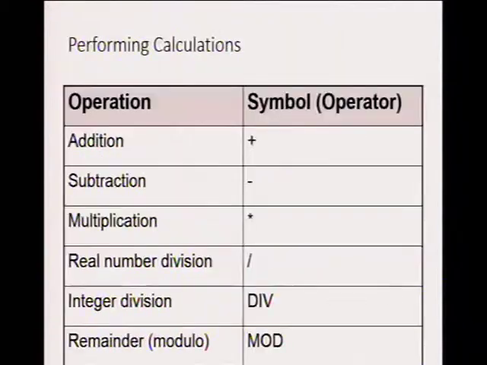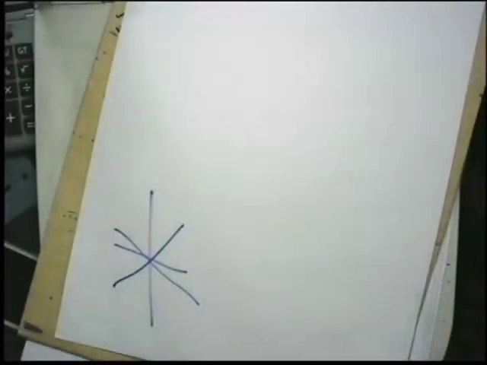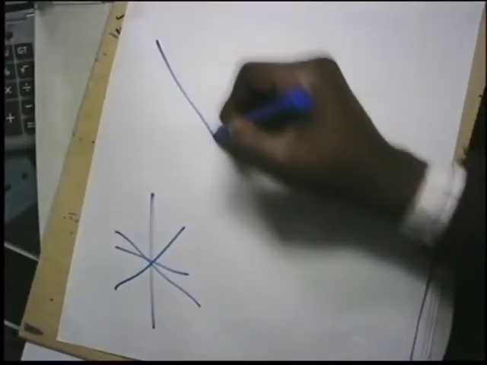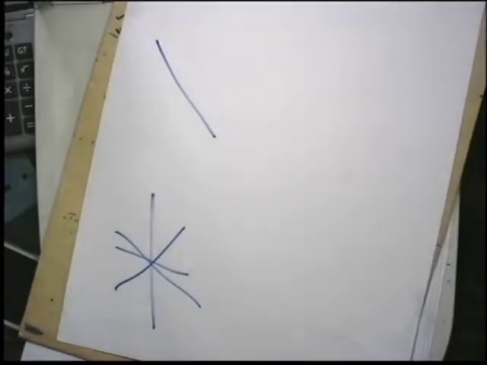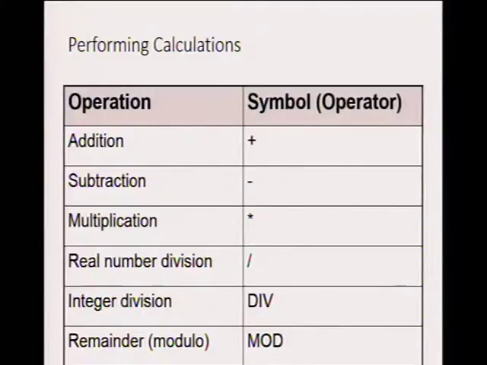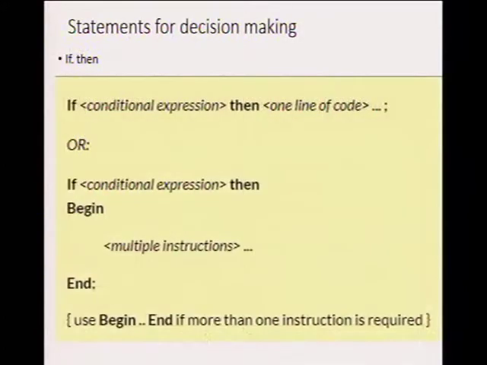What next are we going to look at? If you are going to perform your mathematical calculations, these are the operators you use: the addition, the subtraction, the multiplication. Please take note. When we talk about multiplication, we use the asterisk. Our division is this one, okay? So the arithmetical operators are the ones you see on the screen. Please use them the way they should be used.